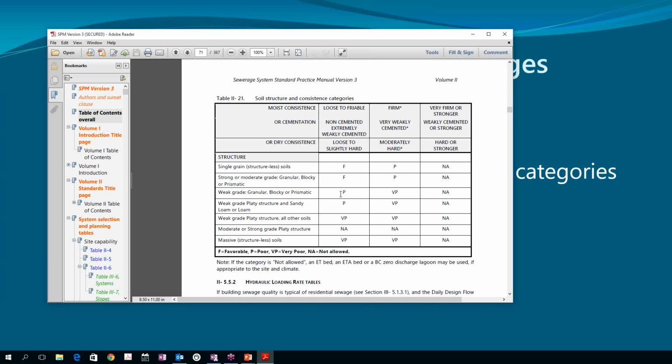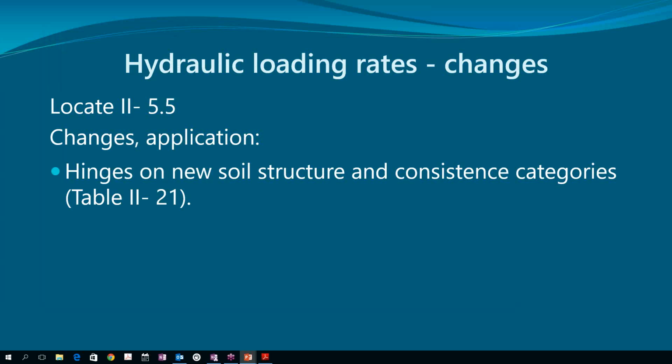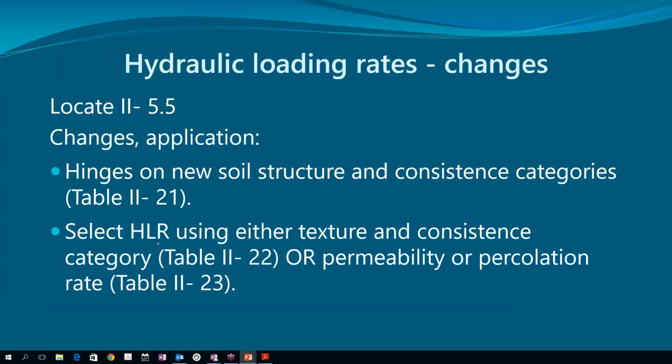Favorable, poor, and very poor soil structure and consistence categories have nothing to do with the USDA soil standards or Kansas or anything like that. It's an SPM strategy to simplify things. There you go. So moving on, it hinges on the new soil structure and consistence categories, and then the next thing